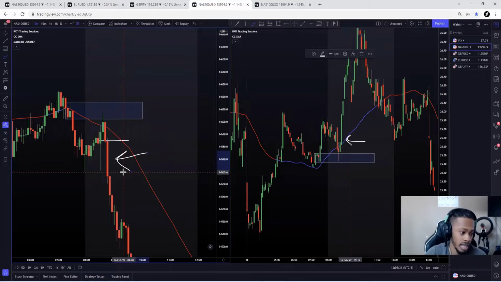I just look at it as far as NAS. It definitely moves opposite of SPX too, but again, it's not needed. But if you want to see, am I going in the right direction? Just glance at the VIX, see if it's dropping. Then NAS should be going up, and vice versa. So yeah, let's get into this better RR, because a lot of people are like, okay, I like the 1-on-1s,